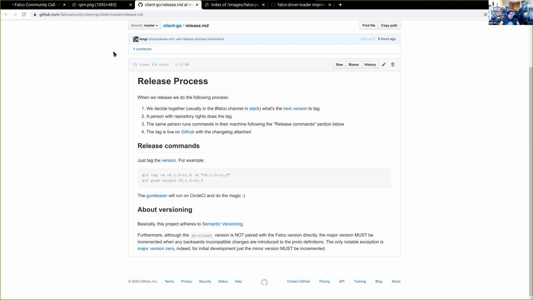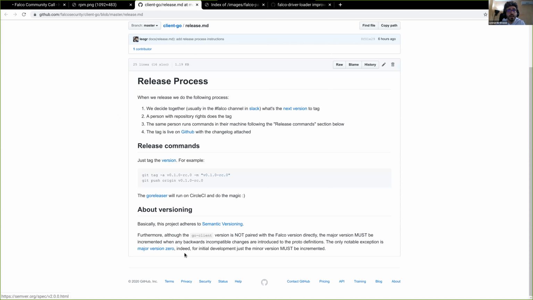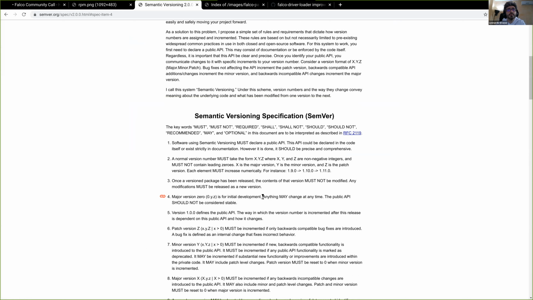Yeah. Consider that at the moment, if we follow semantic versioning, we are in major version 0. This basically means that anything may change at any time. So I think it's okay for now.